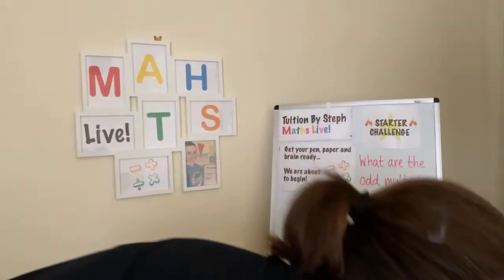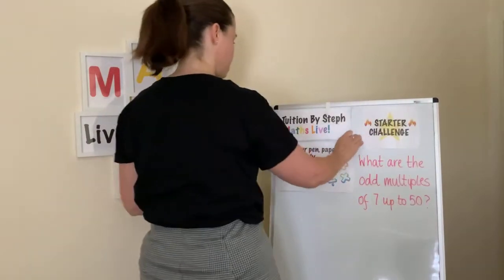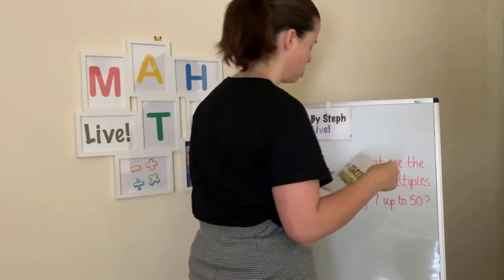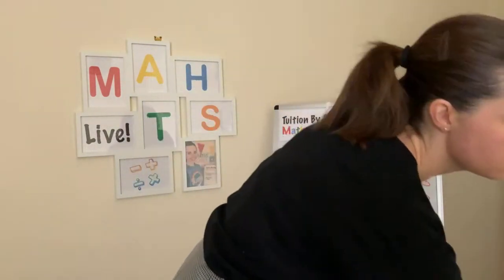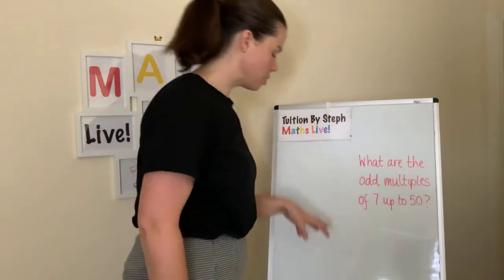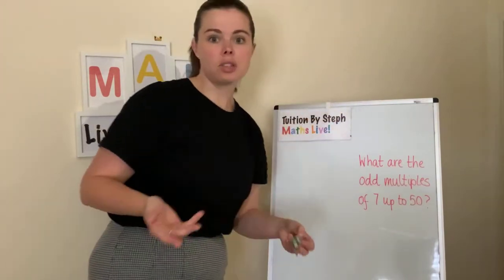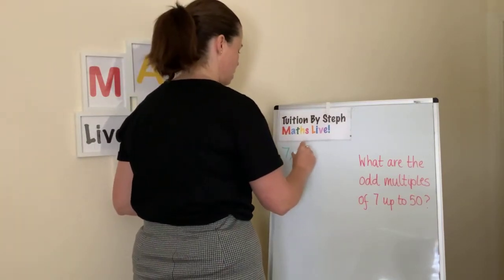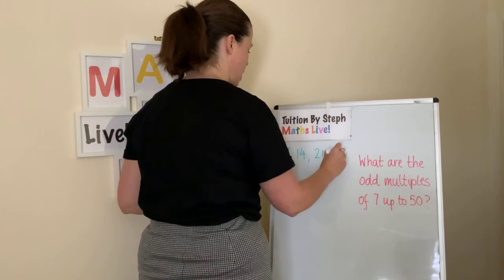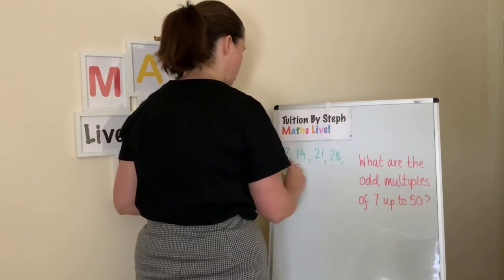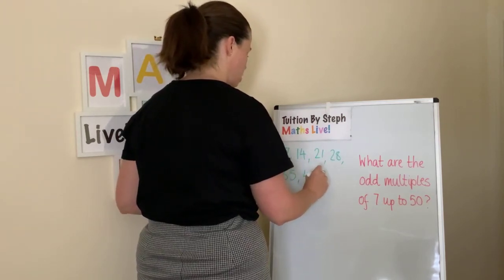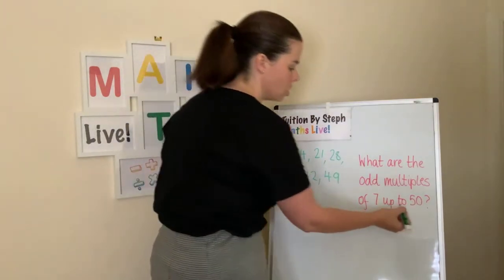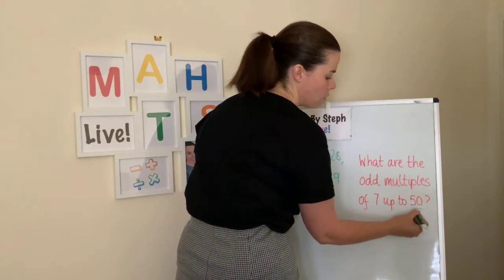Okay, let's get started. So, multiples. Multiples are numbers that occur in a certain times table. So if we're thinking about the multiples of 7, it's the numbers that are in the 7 times table. So, 7, 14, 21, 28, 35, 42, 49. I know I could continue, but the question does say up to 50, so I'll stop